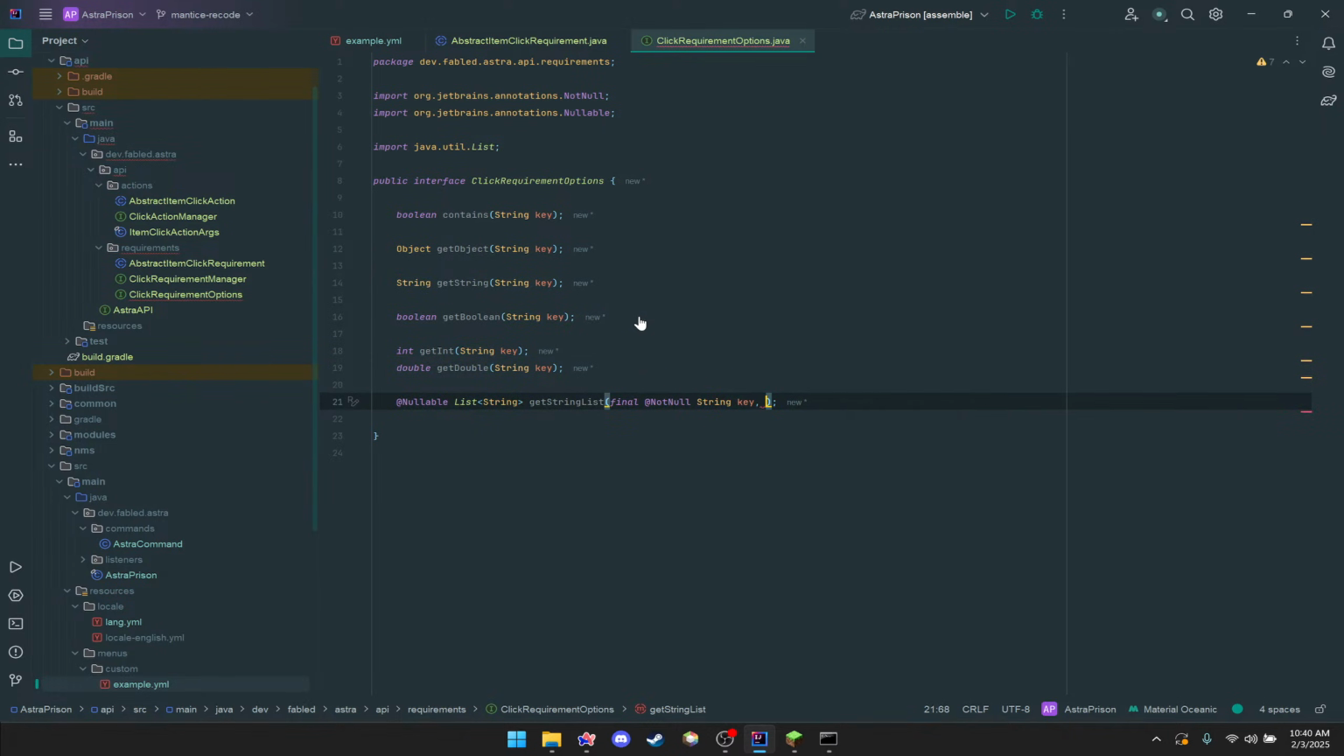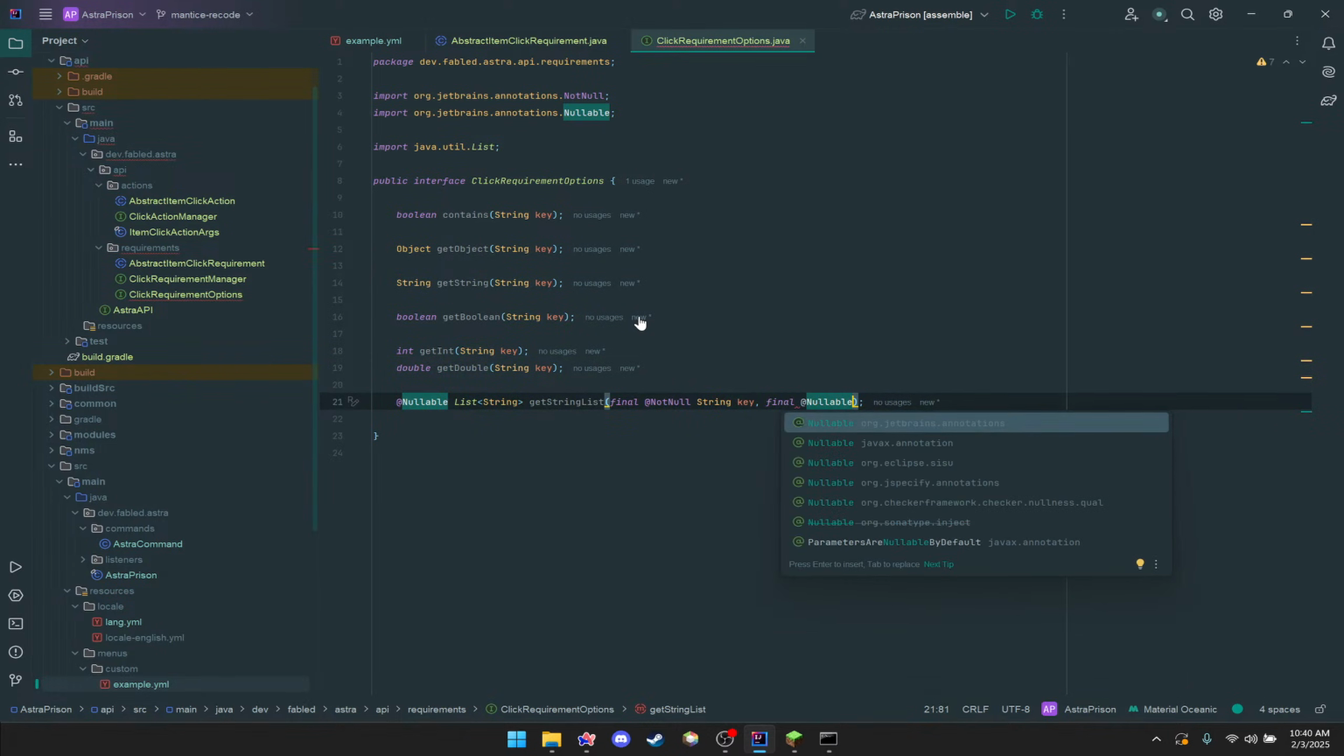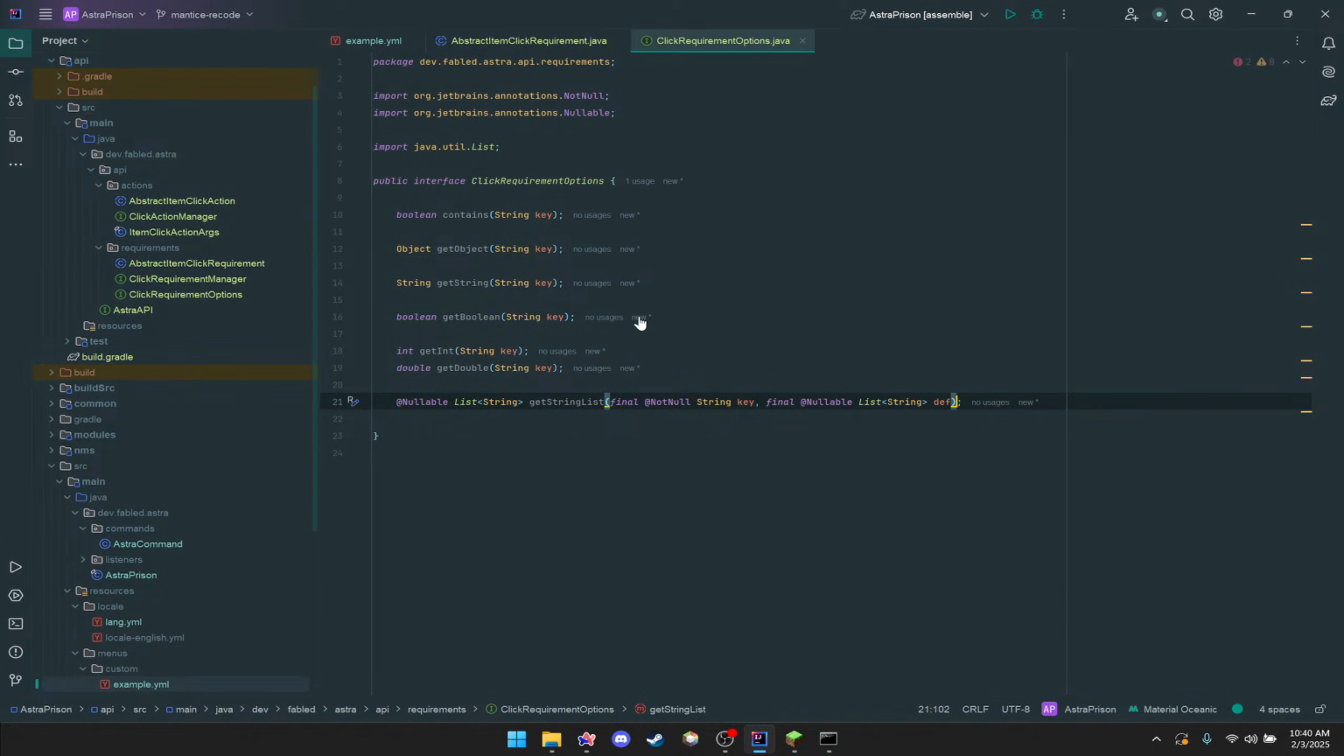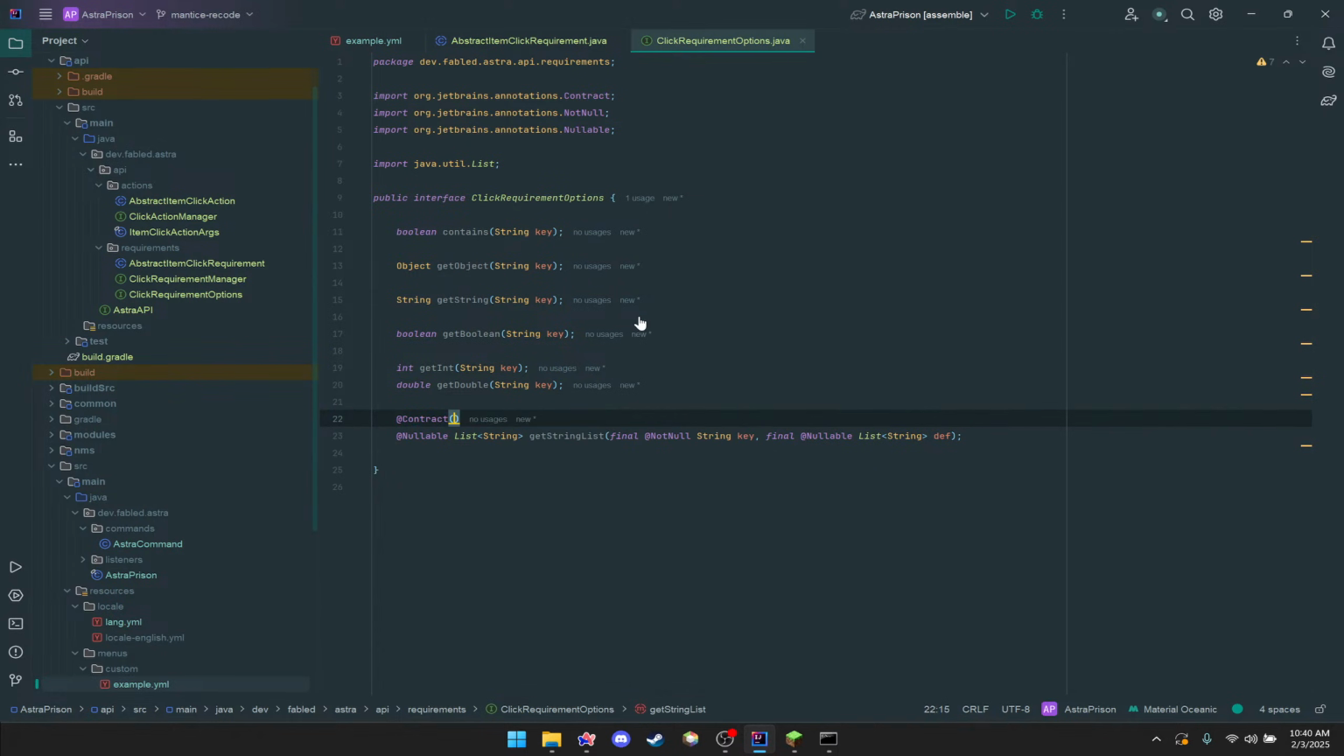So make that not null, and then we'll say list string, default to return the default. And we'll also put a contract on this. So this contract here